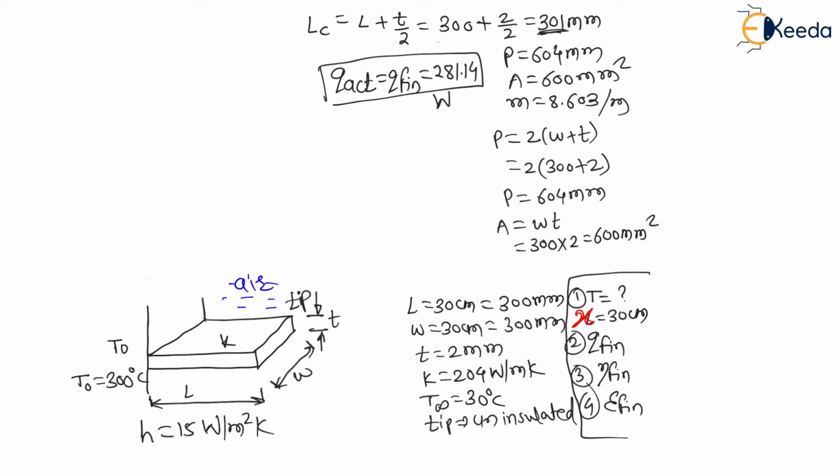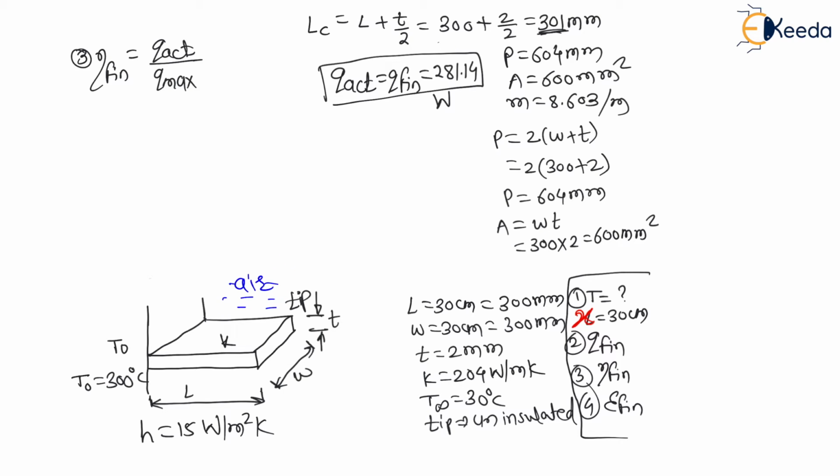Now, my dear students, let us solve the third question, that is the efficiency of fin. The efficiency of fin is the actual heat transfer through the fin divided by the maximum possible heat transfer through the fin. The maximum possible heat transfer will occur when the entire fin is at the base wall temperature, that is 300 degrees Celsius. If at each and every location of this fin the temperature is the base wall temperature, then the fin is subjected to maximum heat transfer. That is, there is only convection heat transfer and no conduction inside this fin.